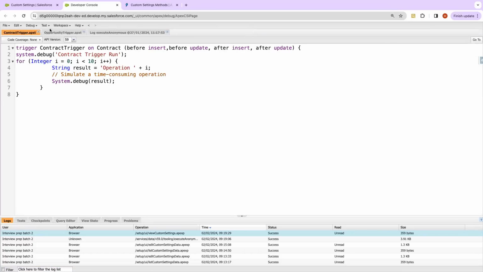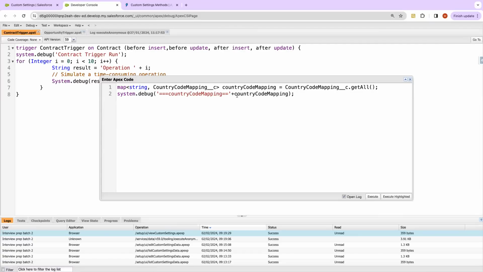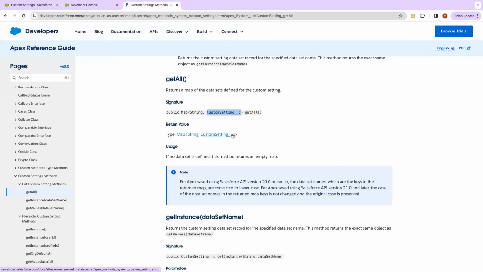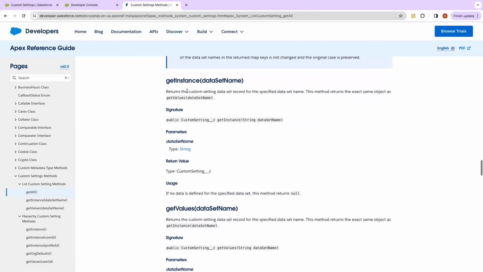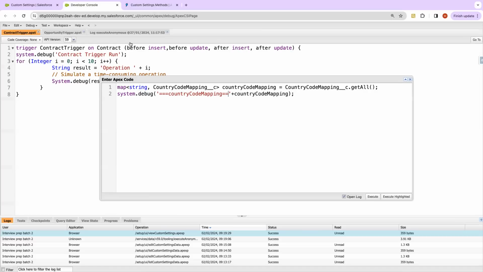Now we will go back and see the other methods. Next is getInstance or getValues. They both return the same thing: a particular data set of a custom setting. With getAll, we got everything, but let's say we just want to get the country one related things. In that case, we will create